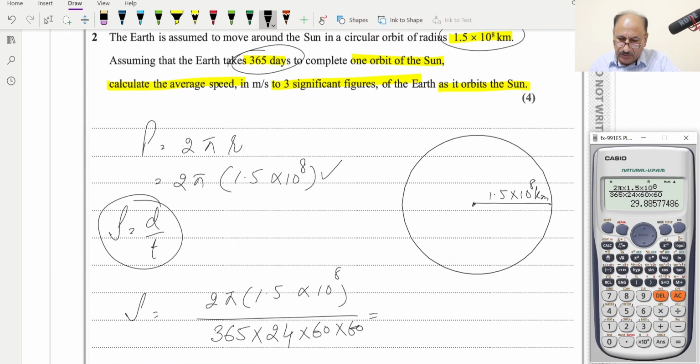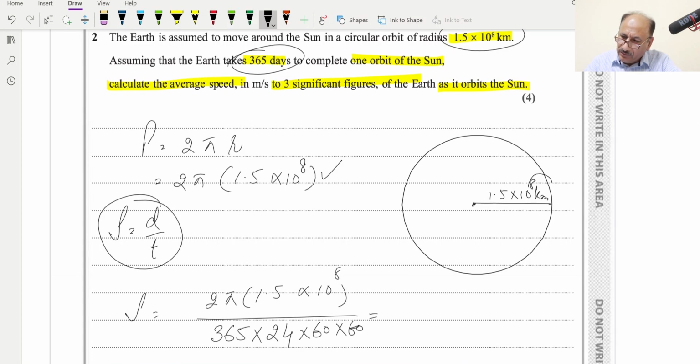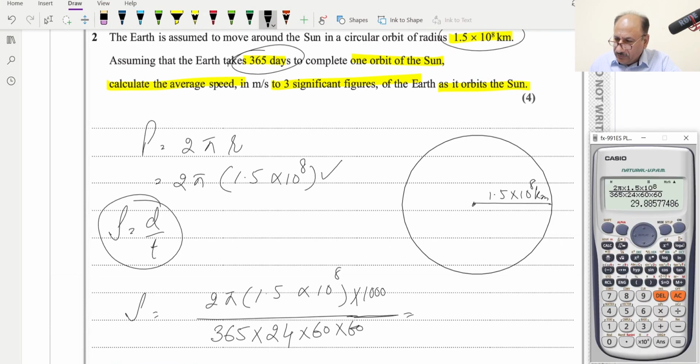So basically this one is in kilometers. This is in kilometers. We have to convert into meters. To convert into meters, we'll be multiplying this by 1000, so that we'll get meter per second. And whatever answer we got, we will multiply this with 1000, and we will get